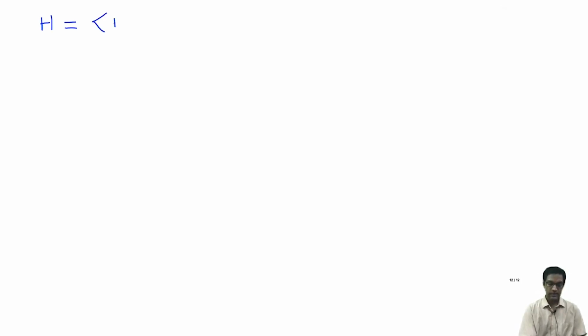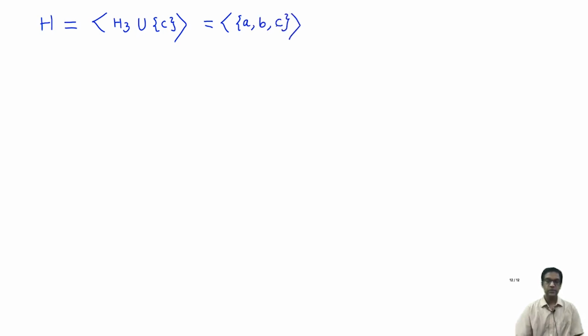So let me now take the subgroup I generated already. To that I'll add in this additional element C, and now take the subgroup generated by this collection. In other words, I am trying to look for the subgroup which is really generated by the set A, B and C. So I have 3 elements whose order is 2, and if I just take the first 2, I know it gives me what I called H3. Now I also want to throw in this additional element C and ask what that gives me.